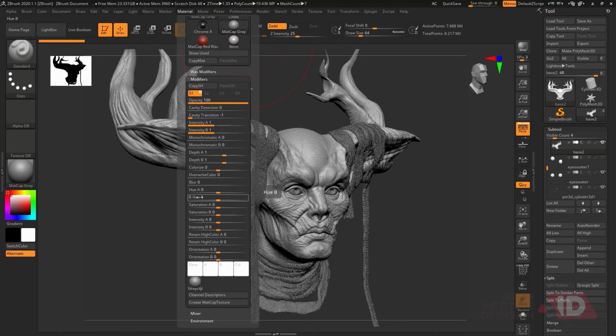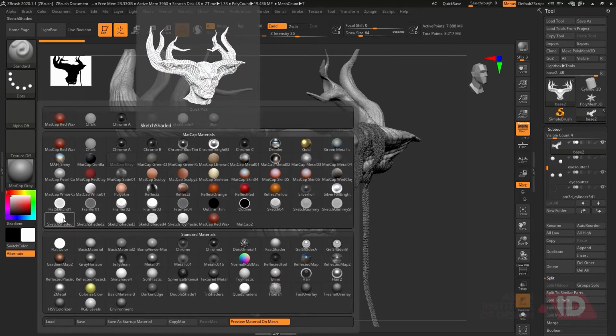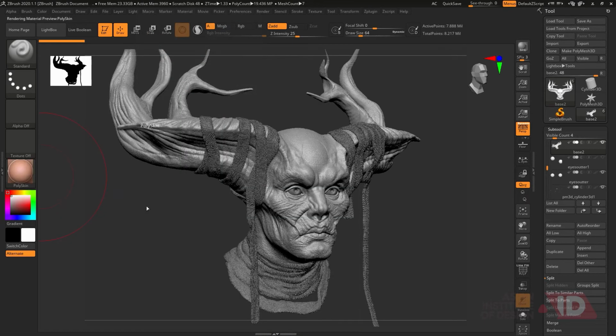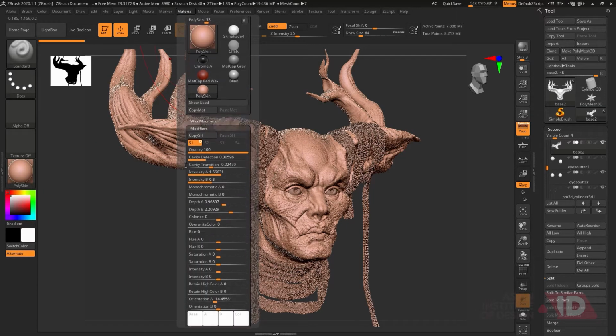You can see I have the entire set of modifiers for that particular shader. Or for skin, you can pick any skin shader. There are lots of preset skin shaders available, or there's a poly skin also, so you can modify anything if you want. That's totally up to you.